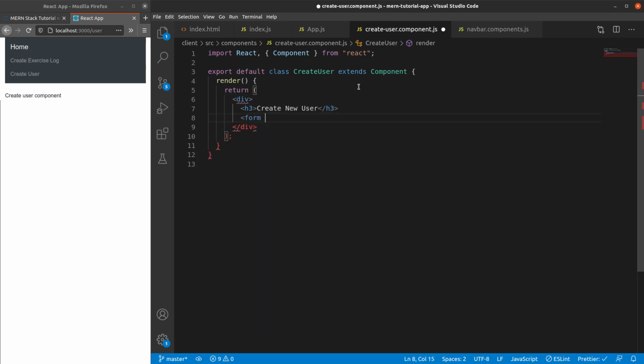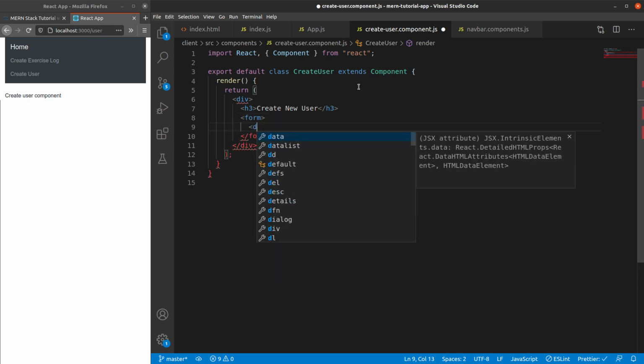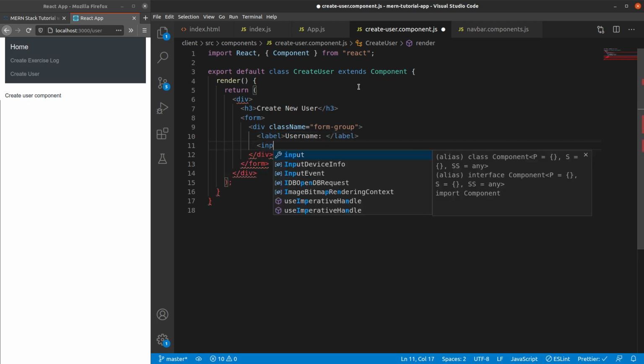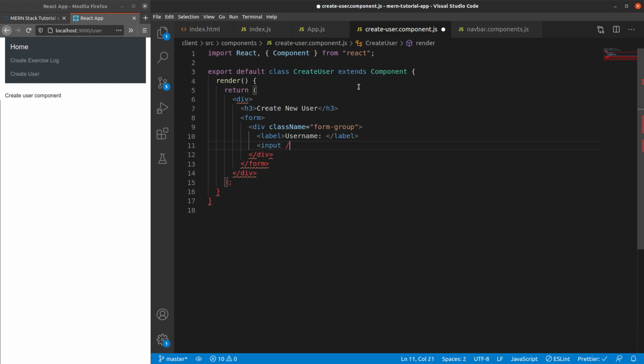Okay, so I'm creating a form. I want to provide a label actually which says username, and then an input text basically which will take username from the user. Okay, so just doing some CSS work here and create a label. This should be a very simple label, and next thing can be input. Okay, and obviously the type will be text.